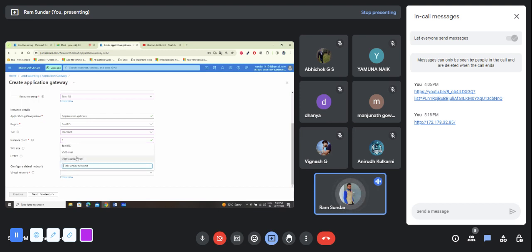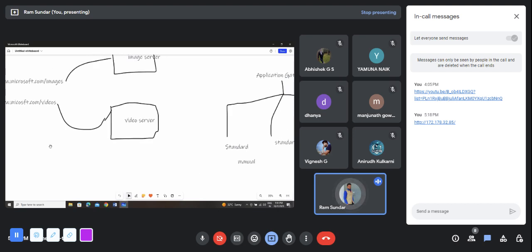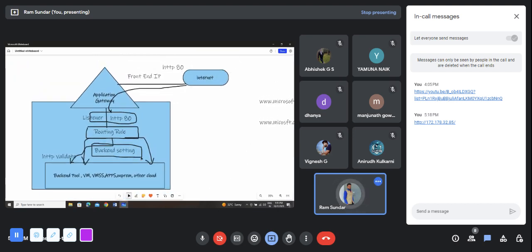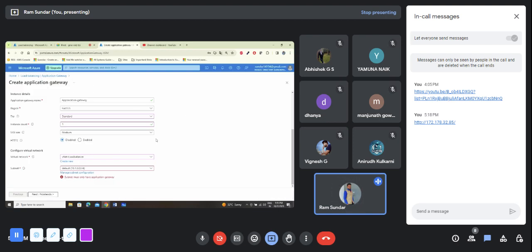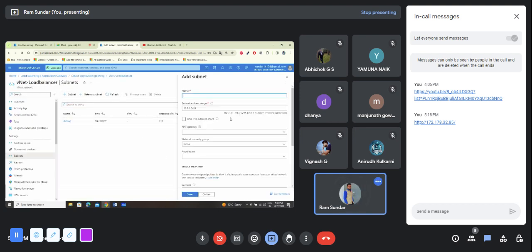Next thing, we need to choose the network on which we are placing the application gateway. Okay, so here you see we are getting an error because the application gateway requires a dedicated subnet. Here the subnet must be dedicated to the application gateway. So I'll click on manage. I need to create a subnet